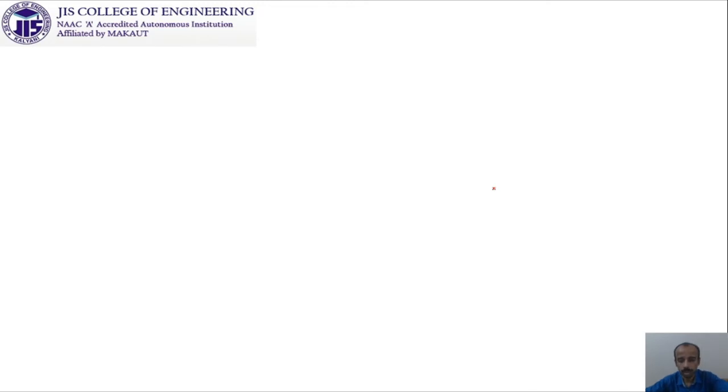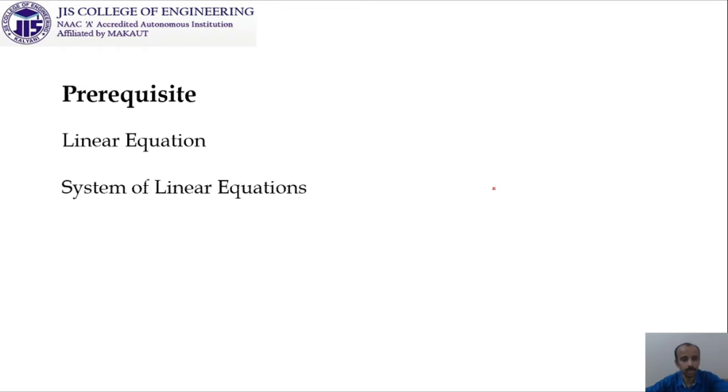So this discussion has some prerequisites, and those are: what is the meaning of linear equation? In the class of consistency, inconsistency of a system of linear equations, we have discussed what is the meaning of linear equation and what is the meaning of system of linear equations. And also we have discussed what we mean by the solution of system of linear equation. In this class actually we are going to emphasize how to find out those solutions.